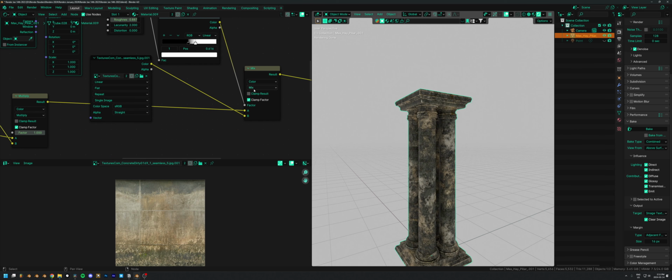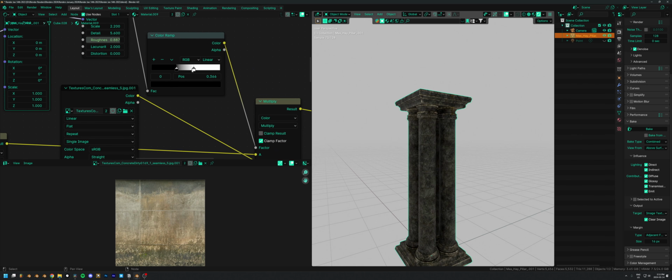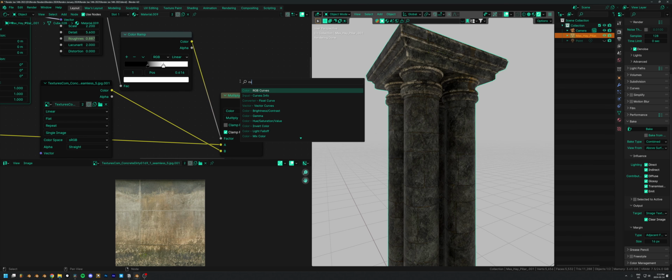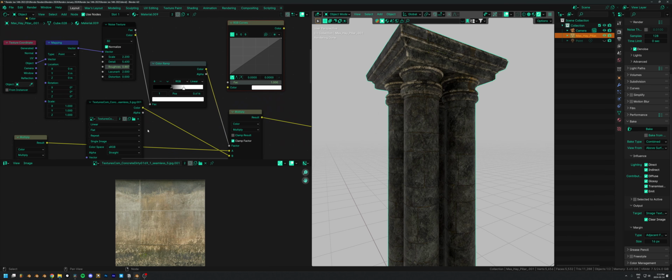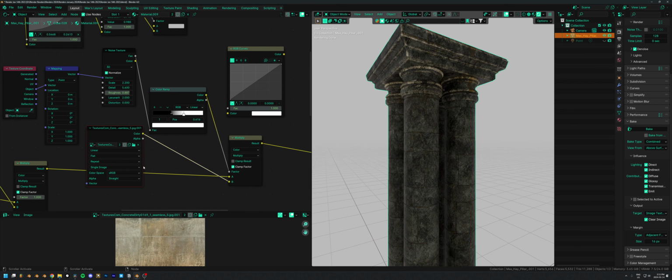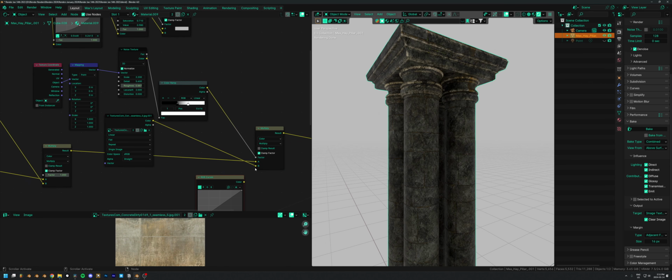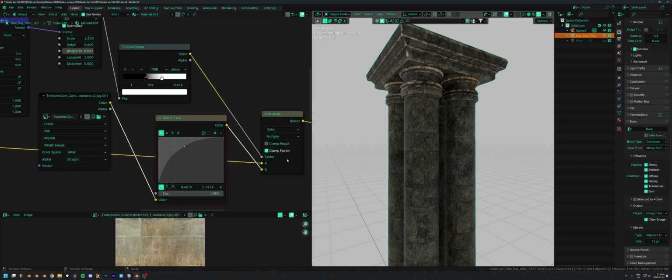The other thing you can do is actually switch this. Instead of mixing it in, you could actually multiply this in, and that will make it interact a little bit differently with the underlying material. So you'll notice that multiplying always makes it a bit darker. So I might actually take a curves node, and maybe let's try making this brighter. So I want to put this curves where this texture is going into that color. So I can just do that right here. Remember, slot B is where the color is being affected. So I'll just drop that in here, and then let's increase the brightness of this because I feel like it's just too dark